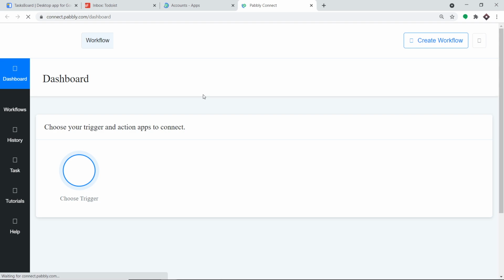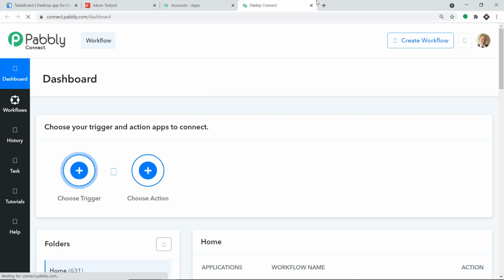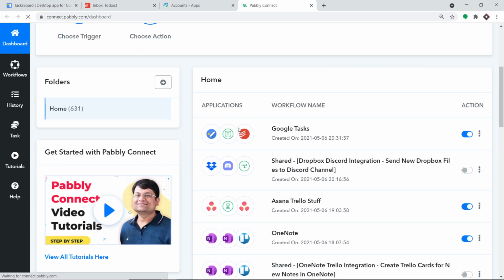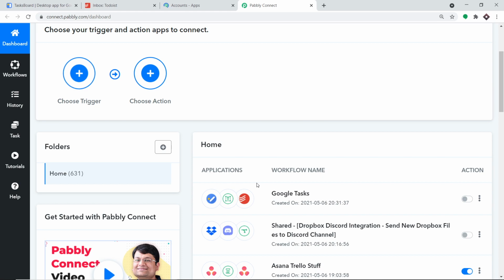Okay, so basically we are going to create a new workflow. Now, as you can see, I already have made a workflow. So as you can see, this is the workflow, Google Task. So I'm going to switch off this workflow. So the reason I'm switching off this workflow is since we are going to create a new workflow, this old workflow, in case if it is running parallel to this newly created workflow, it will create the problem of duplication of results. So that is why I have switched off this workflow.